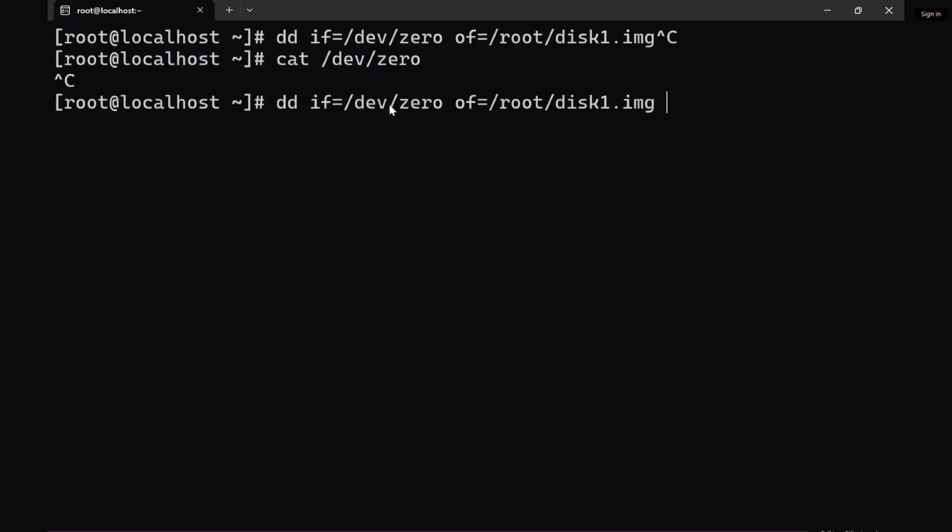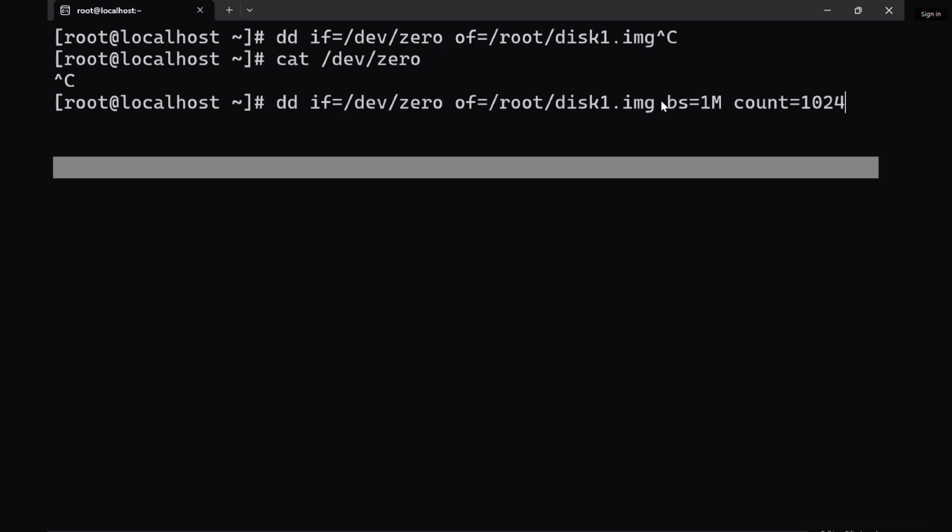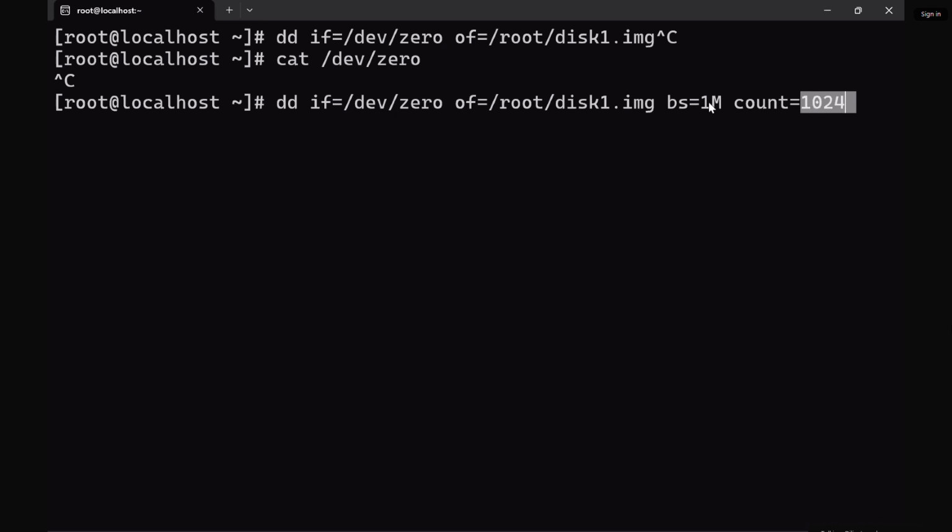From this file, it will copy the data in blocks, so block size equals 1 MB. I want to copy one block per MB. If you don't understand this, don't worry, it will not be asked in the exam. I'm just using this concept to create the logical device. And how many blocks do I want? Count equals 1024. So it will create 1024 blocks, and each block size is 1 MB. So if I press enter,